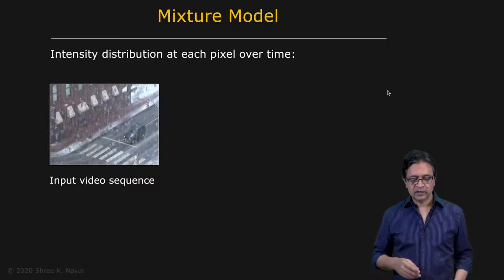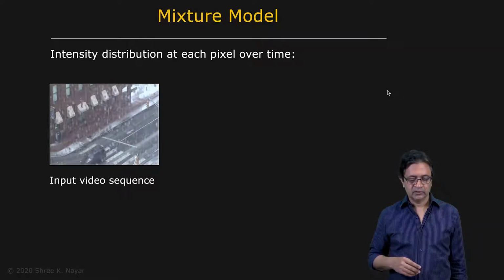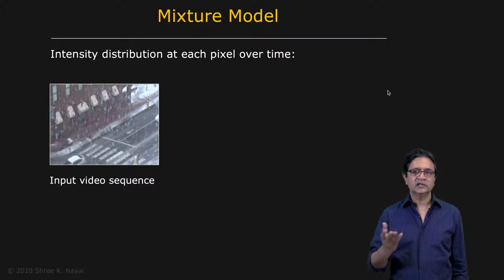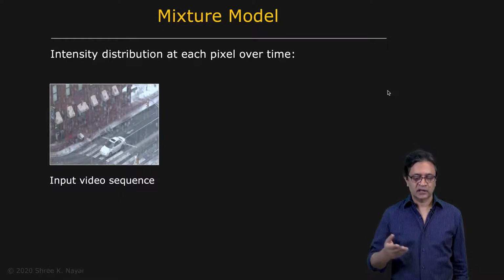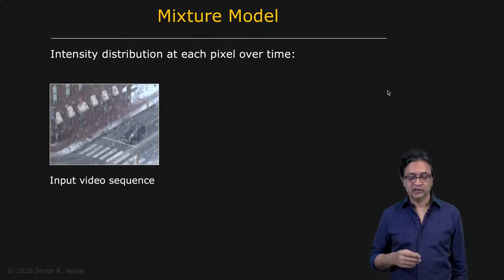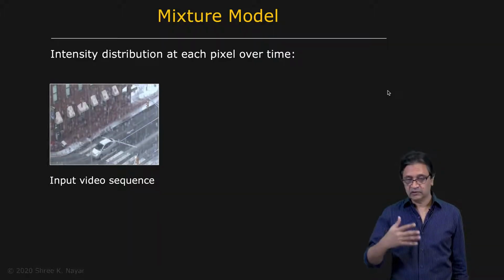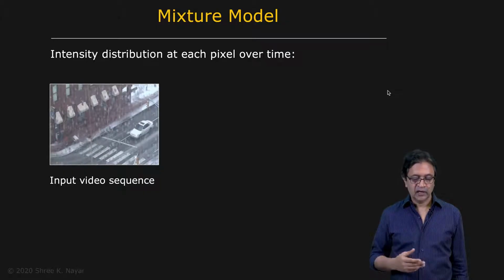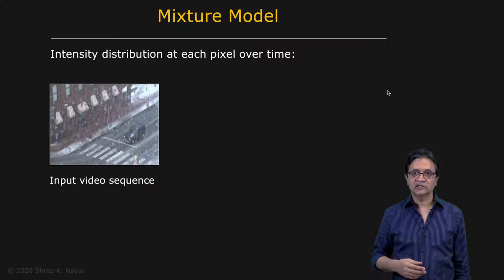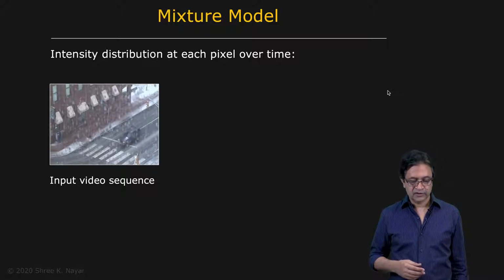So here is our very challenging scenario, which is we're looking at a street scene. We have cars going by. Let's say we wanted to count the cars that are actually passing by or figure out which cars are violating traffic rules. But what we have is this window which has lots of raindrops on it, and raindrops could be moving around. And of course, we have snow, bad weather. So all of this adds to the complexity of the scene.